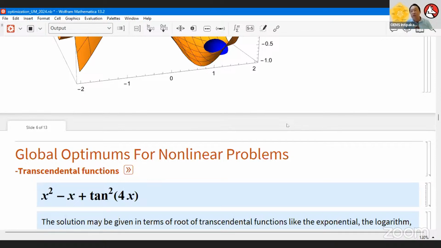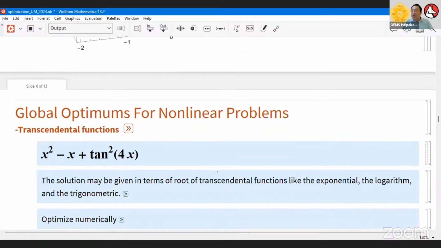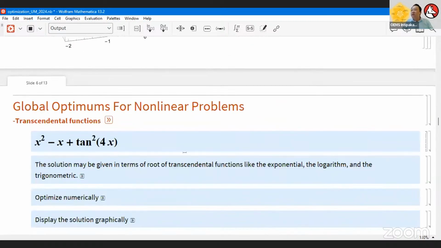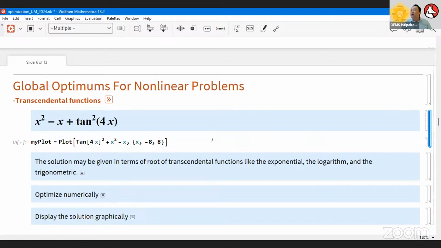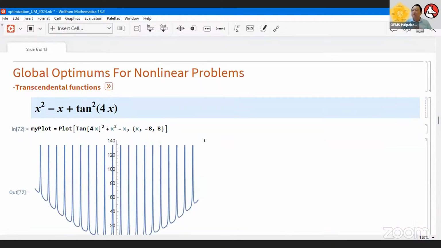Transcendental functions, when you look at here, the coefficient itself is also actually in a higher degree. So solving the transcendental function, the approach is the same. Yeah, it might look slightly complex. Here we have the degree of power 2, and this coefficient itself is tangent of power 2. So this is quite interesting, actually, transcendental functions. Now if you want to plot it, it will look something like this.